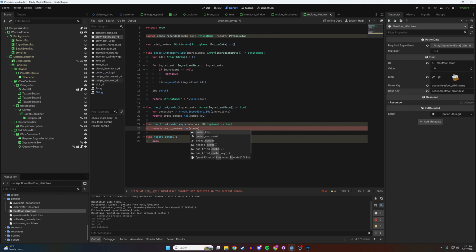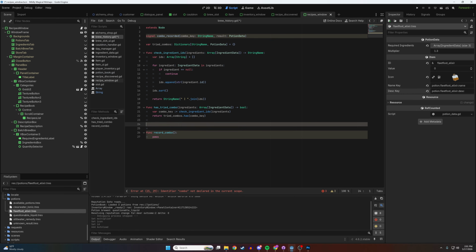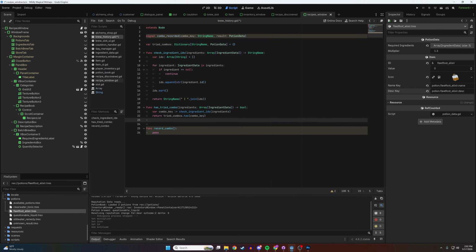What? Yeah, I think this is just redundant. Thanks, chat. This is why you can't rely on AI. It doesn't know what it's doing sometimes. I don't think we need that because we're already checking to see if this has tried the key. So we're going to leave that there. We also might not need this record combo because I think it's being handled up there, but